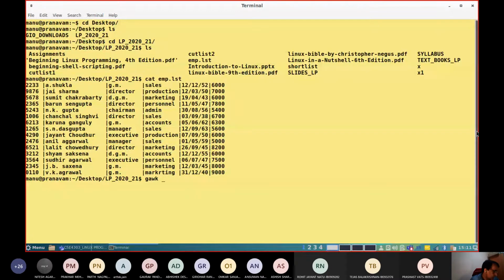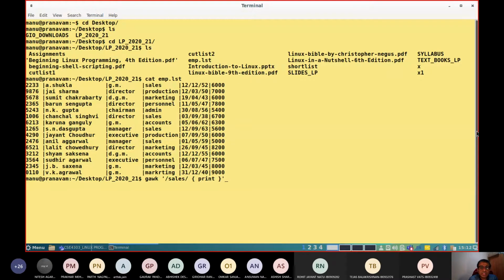The selection criteria starts with an inverted quote, and here we mention the string, for example sales. Then the default action goes in a flower bracket. Even if you do not write it, print will work, since the default action is print. Close the flower bracket, then close the inverted quote.